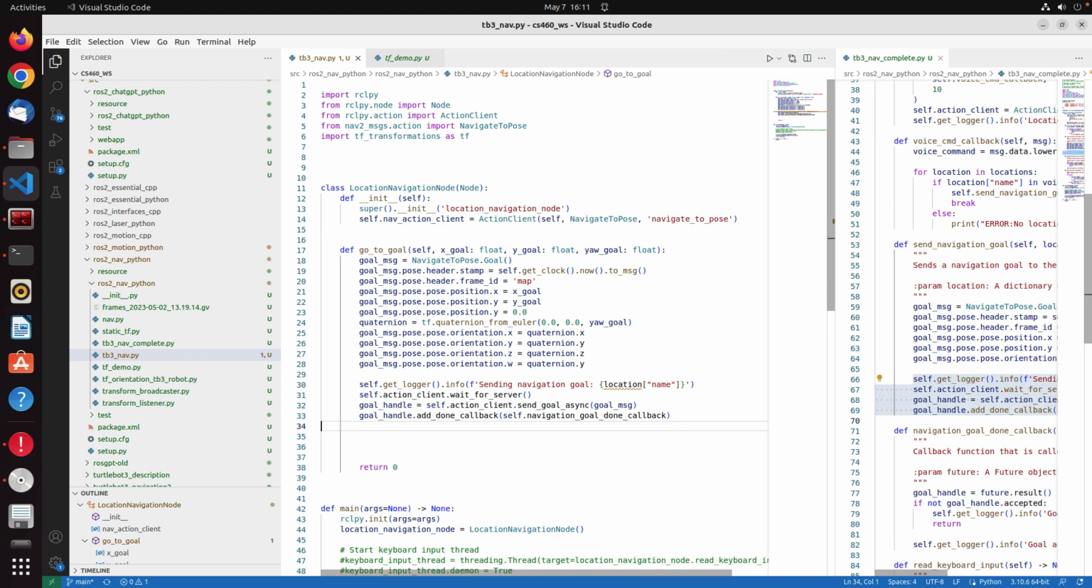Okay, sending the navigation goal. And then I need to change this nav action because here I defined it as the nav action. Wait for server. So we need to connect first to the action client. It's not like a topic where we just send. First of all, we need to connect. Once it's connected, you are going to send the navigation goal